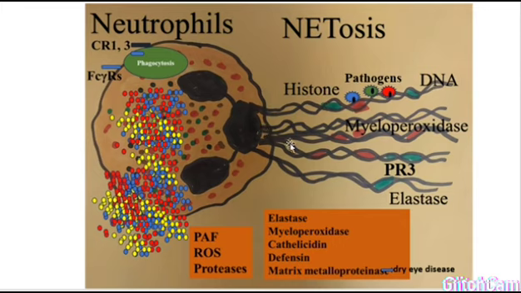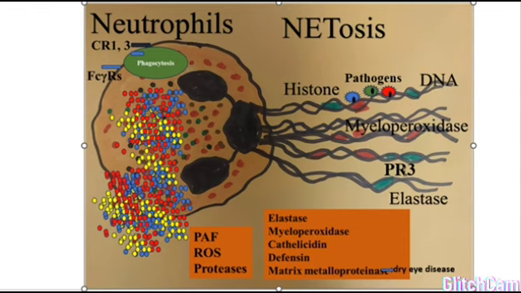These are known as extracellular traps. They are very sticky and they may mediate adherence of neutrophils to the endothelial cells. However, these traps or fibers are associated with some enzymes, for example,